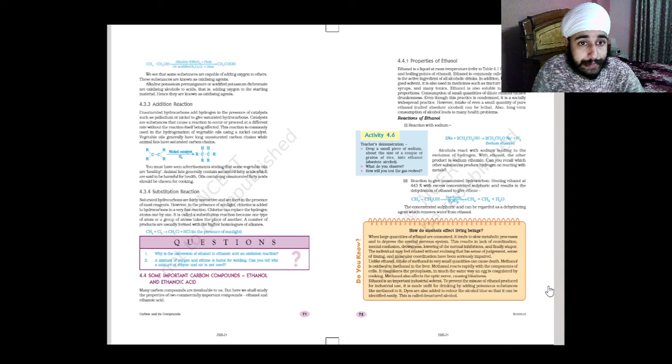Ethanol is an important industrial solvent. To prevent the misuse of ethanol produced for industrial use, it is made unfit for drinking by adding poisonous substances like methanol to it. Dyes are also added to color the alcohol blue, so that it can be identified easily. This is called denatured alcohol. Now,